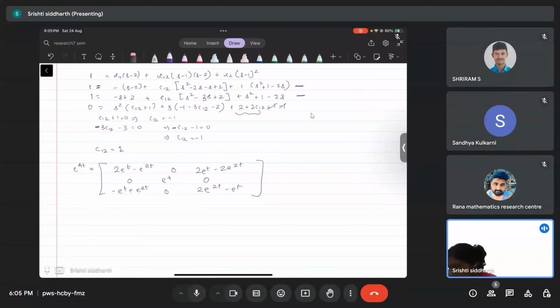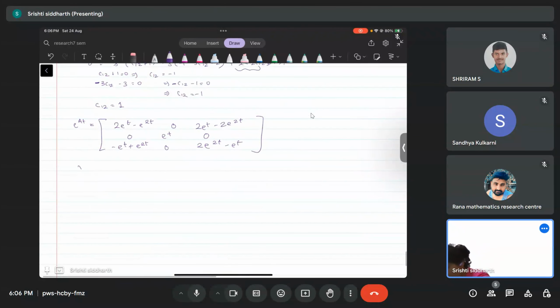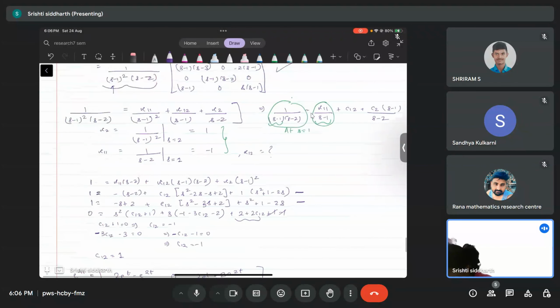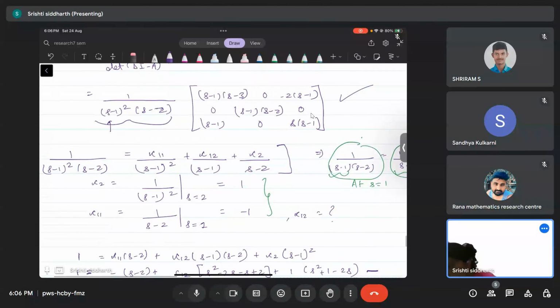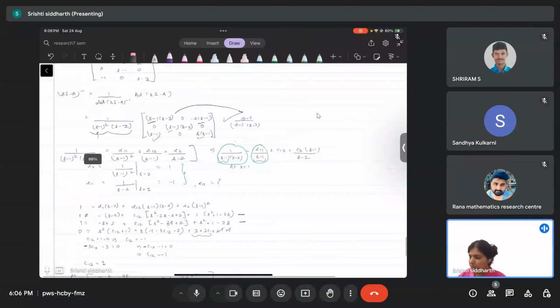So we have already been given an initial condition. There is just one in the second row. So x at any time t is going to be 0 e to the power t and 0. I guess we don't really have to compute this Laplace inverse. Yeah, so there is s minus 1 terms everywhere in the denominator. So what we have to do is just compute 1 over s minus 1, s minus 2, for example s minus 3 for this term, and then similarly for the rest of the terms. Alright,